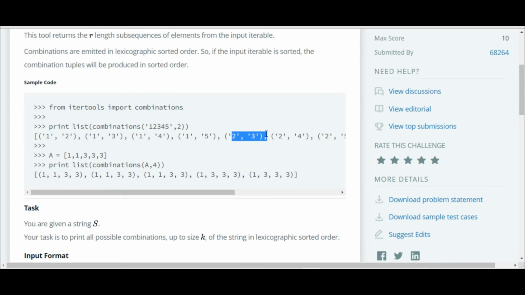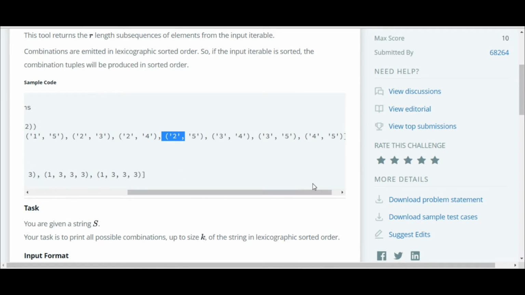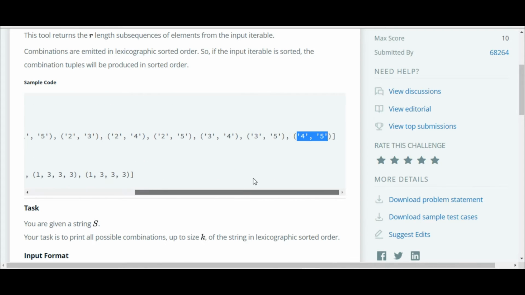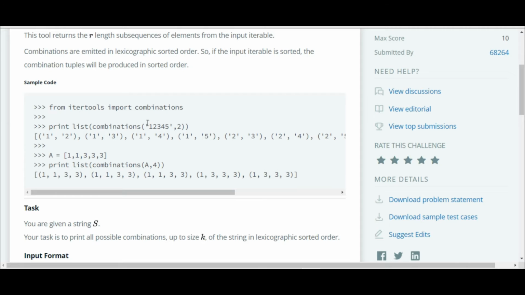Then it starts with 2: 2 3, 2 4, 2 5, then 3 4, 3 5, then 4 5, and finally you don't have any more. Everything has to be different, like 1 2, 1 3, 1 4, 1 5, then 2 3, 2 4, 2 5, 3 4, 3 5, 4 5. That's all. So this is the combination it is making, right?